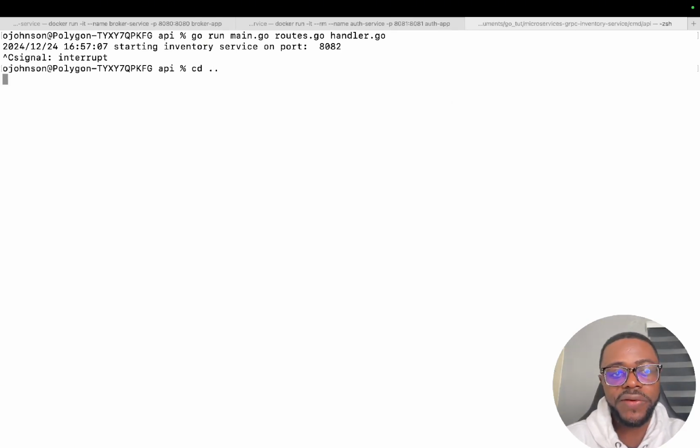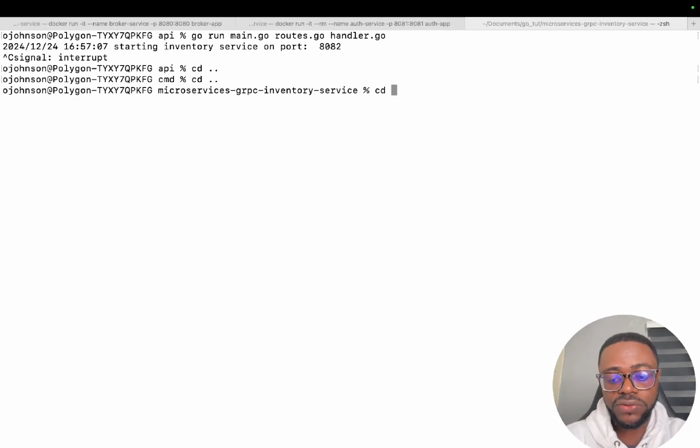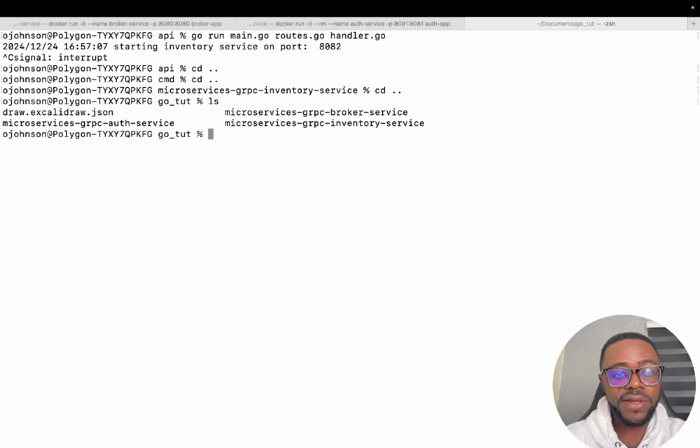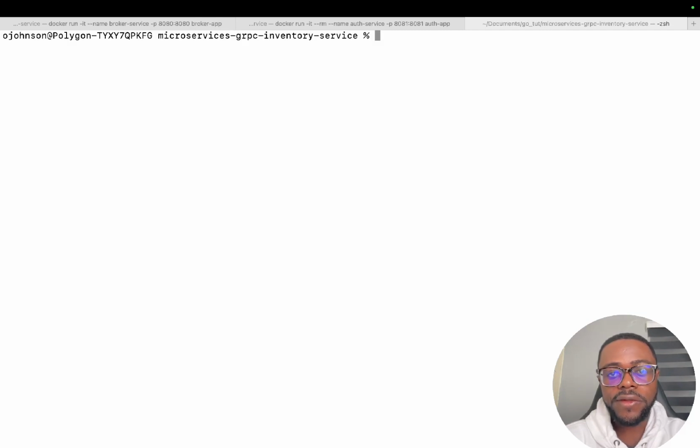So let's go to the root directory. We are already on inventory service, but like I like to do, I want to go back so that it will be very clear for everybody what we are doing. So let's cd into this, clear, and then we are going to do the same thing that we did for the other services. So what do we say? docker run dash iterative, and if it's existing, please delete, right? And we'll give it a name. Let's call it inventory service,